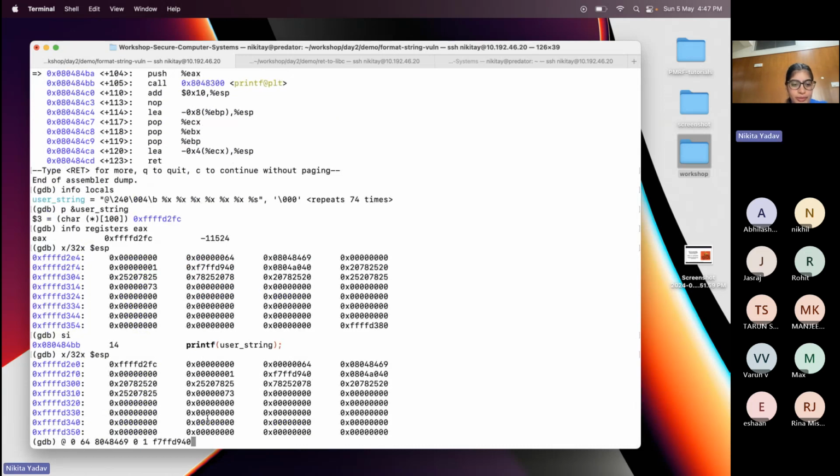I'm just copying it for comparison here. So first it is going to print this value 8048040. And I think this is printing it like the symbol. After that, it is going to look at the next format specifier, which is %x, and it will start printing from here. So it will print value 0, then 64, then this value 8048469, then 0, then 1, and then this value